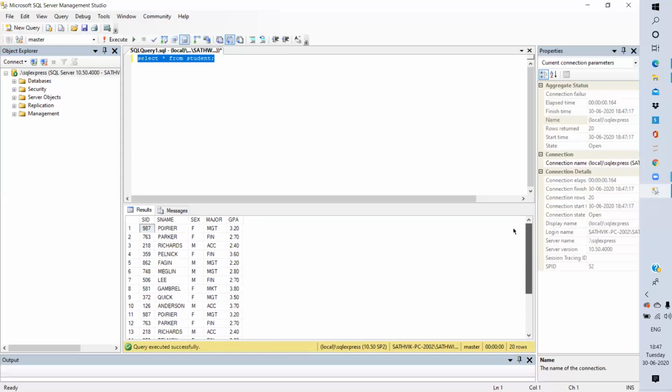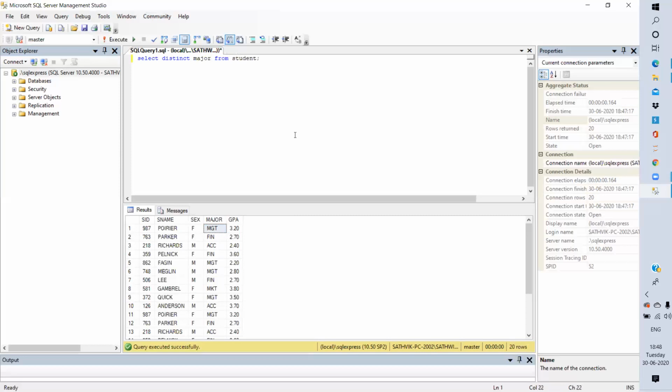If you use the distinct command, select... here the major of Fourier, Faglin, Meglin, and Quick are the same, right? Management and management. So select distinct major.